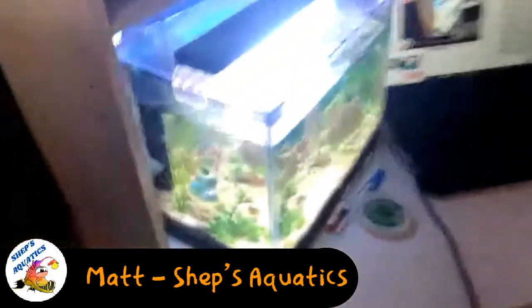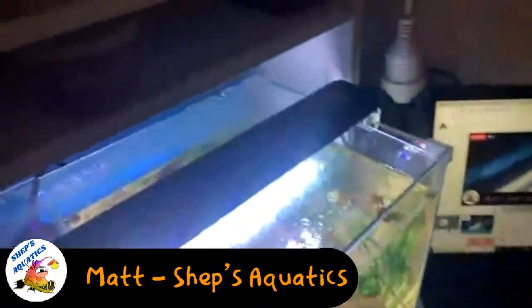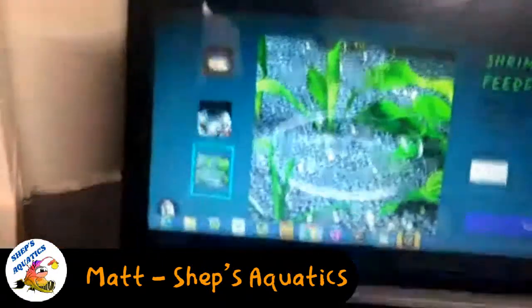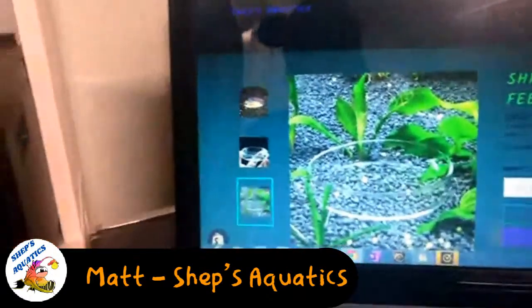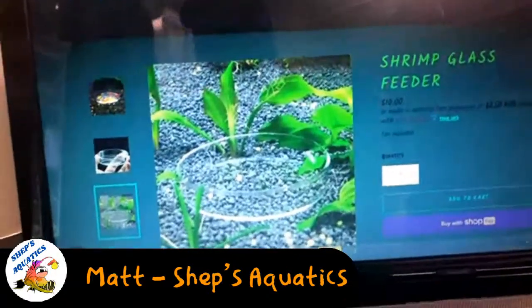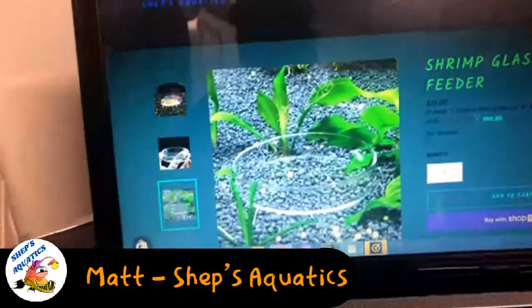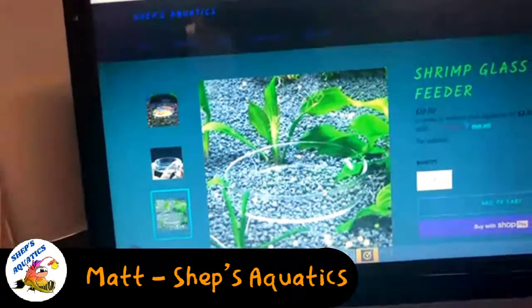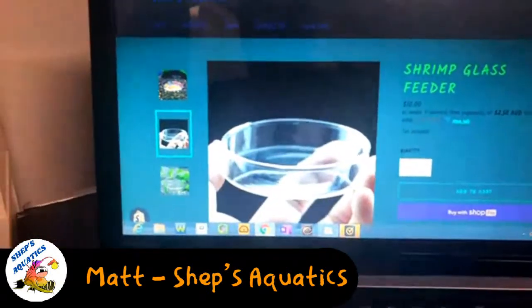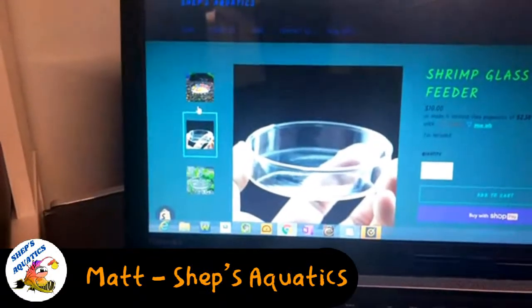I'm not sure at all what killed them. So I suppose we'll come back over here and I'll do this one before I put the camera up. So hang on, let's face it the right way. So this is the glass shrimp feeder. So it's just your standard